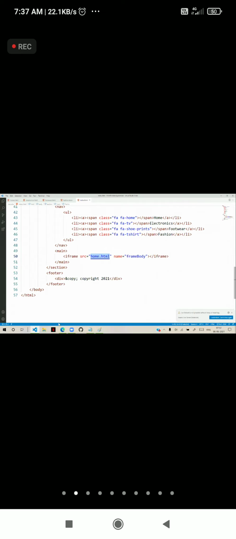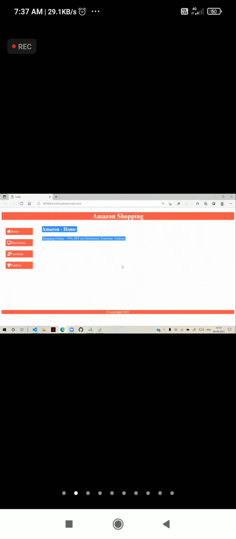You can see that the iframe contains home.html. Actually, now you are watching two pages. One page is the index page, another page is the home HTML page. Currently, on the top, index is there, and in index, home is also displayed. An iframe has the ability to bring that and display it.